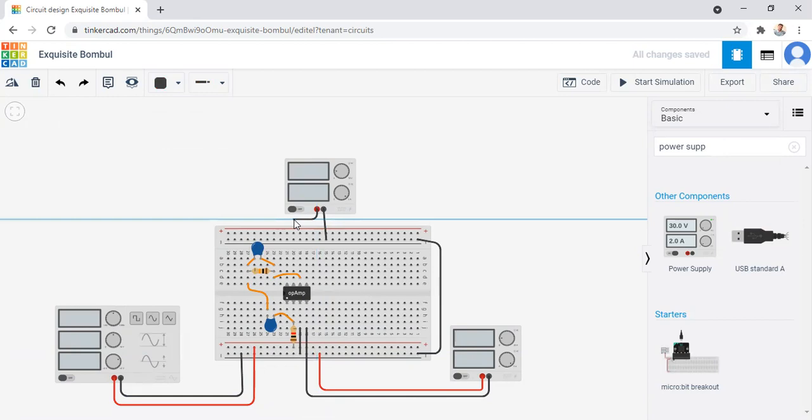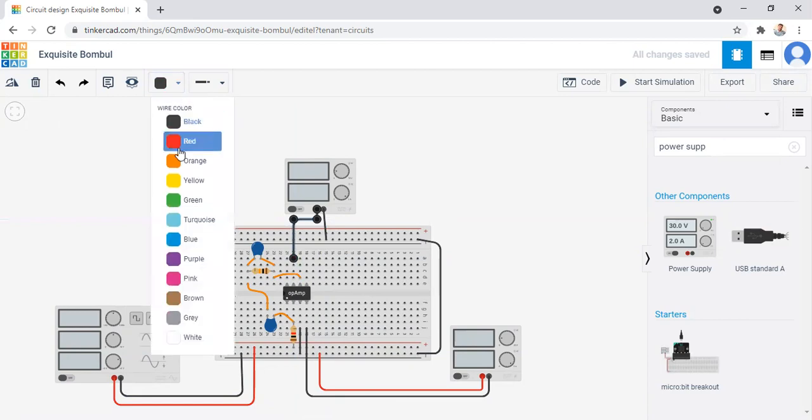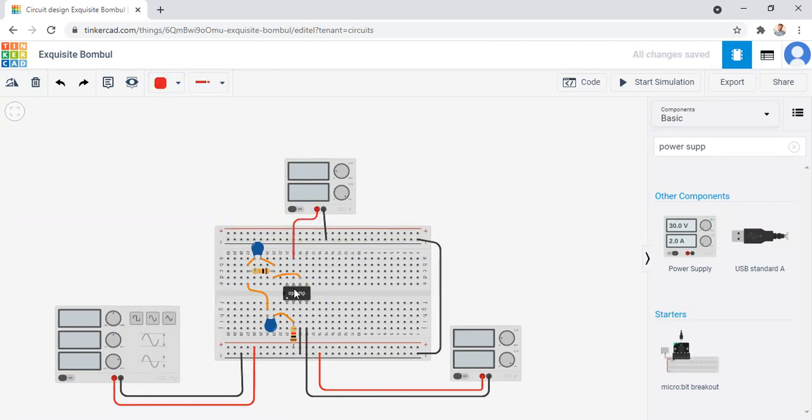Now we connect the 7 to the 7 number pin. So here, this one is our 7 number pin. Okay, so this is our red, giving the color to the wire red. So now we are giving the negative power supply to the fourth number pin and positive power supply to the 7 number pin.